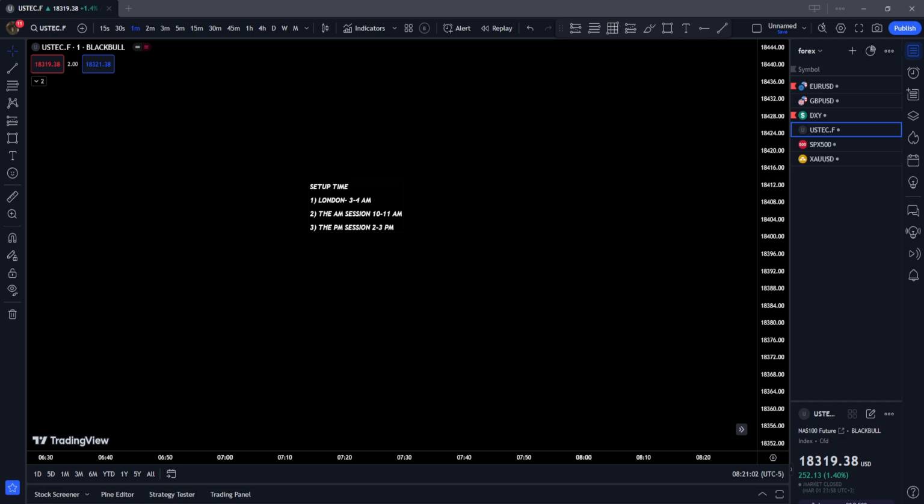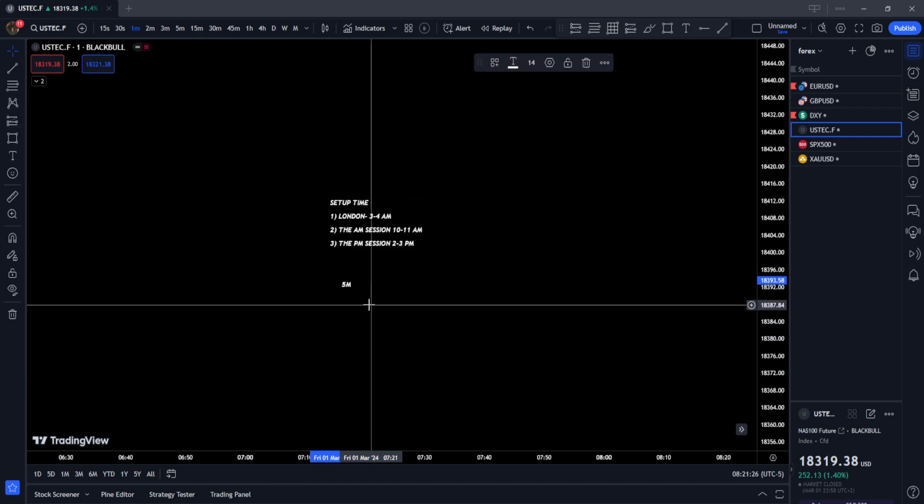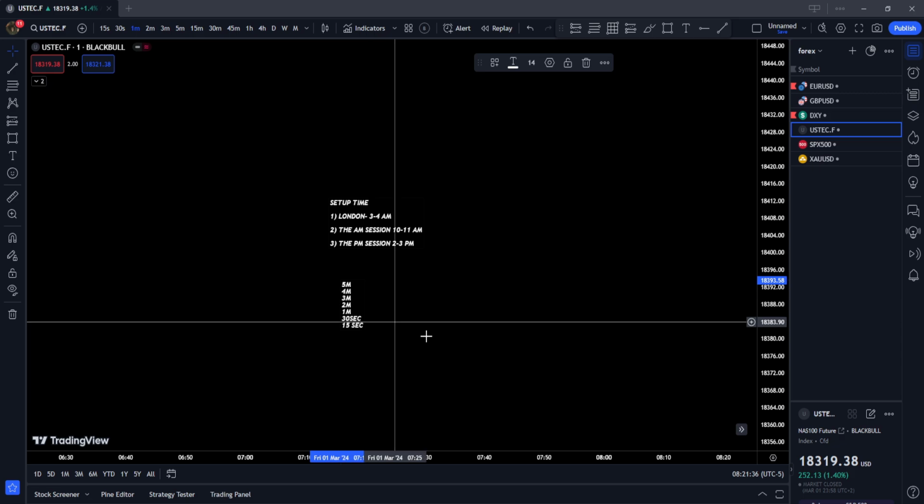Once the sell side or buy side has been taken and the displacement occurs, you wait for the fair value gap to form. When it does, you expect it to be traded into, repriced to a pool of liquidity that would be opposing from your entry. The Silver Bullet can be found on various time frames, guys. You can find Silver Bullet on 5 minute, 4 minute, 3 minute, 2 minute, 1 minute, 30 second, or even 15-second time frame, guys.